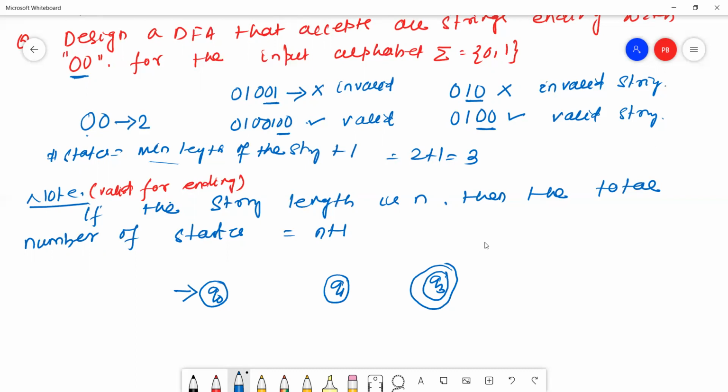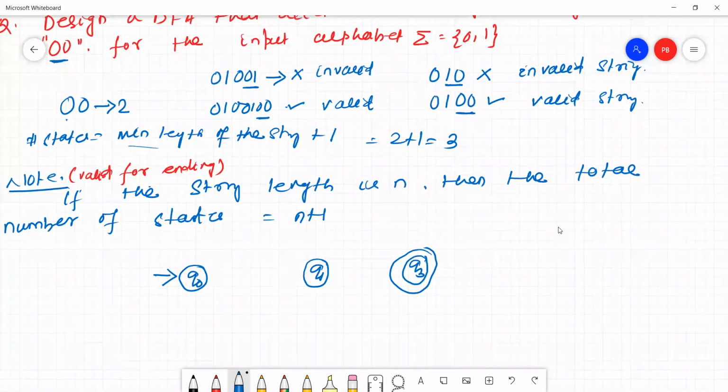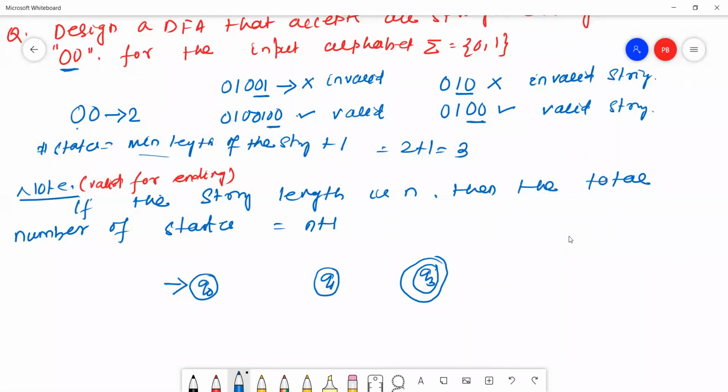What is step 3? Step 3 is to simply draw the transition for the minimum string. Here the minimum string is 0 0. Step 4 is to adjust the other transitions according to the DFA rule.